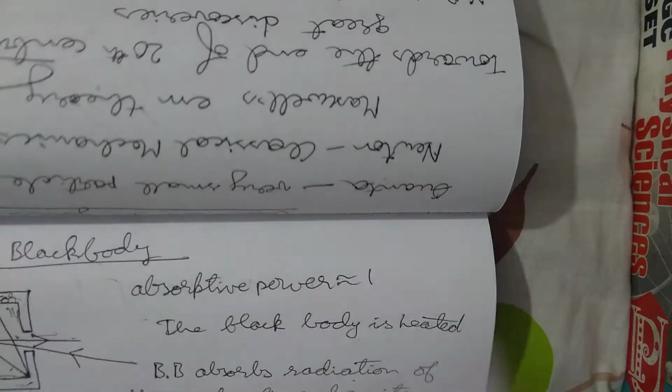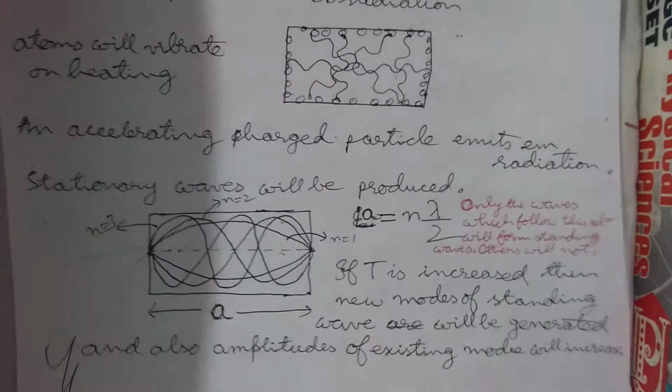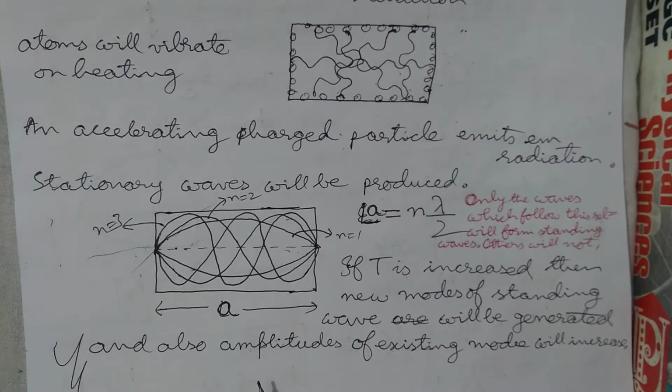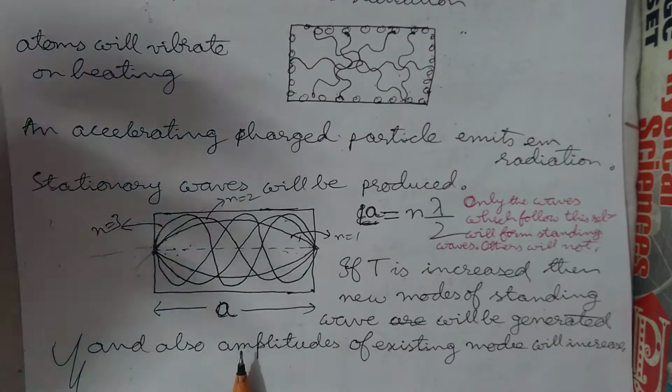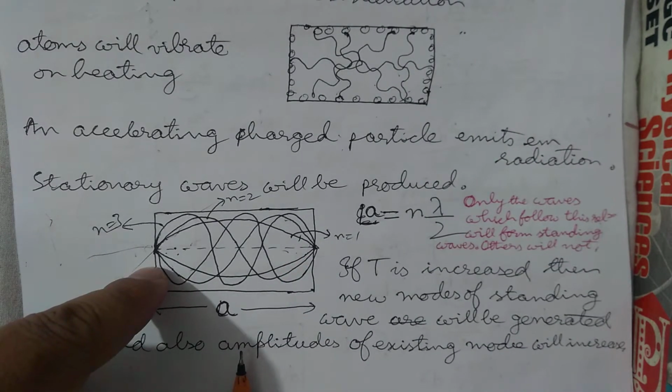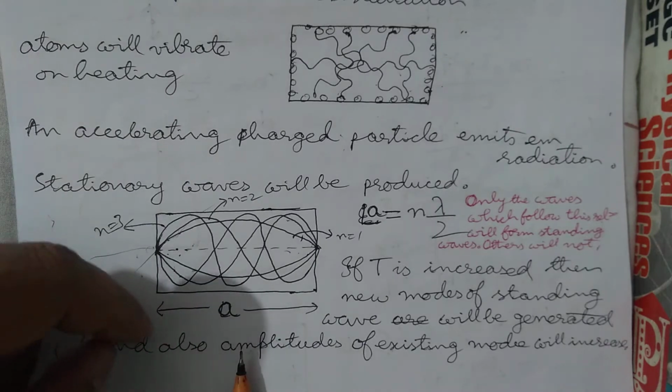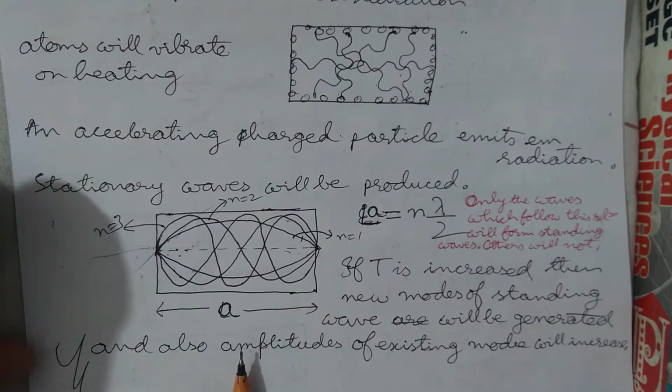The next topic is the standing wave, that here the standing waves are produced. Now, why are there always nodes at the ends, at the walls? That is, why is the displacement zero? The reason behind this is that